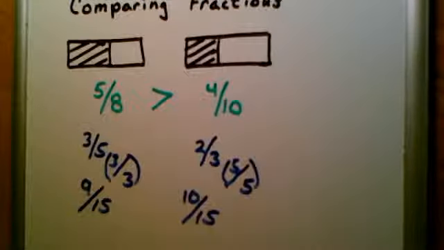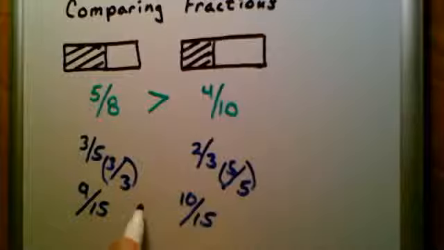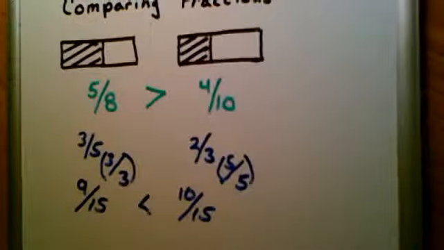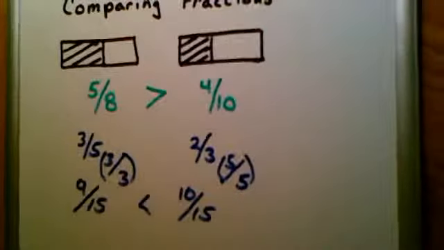So now we have 9/15, which is the same as 3/5, and 10/15, which is the same as 2/3. And in this case here, 9/15 is less than 10/15. So this is how you can compare